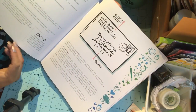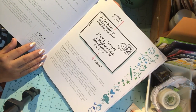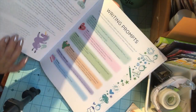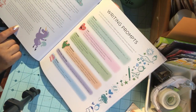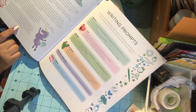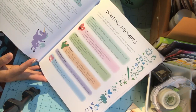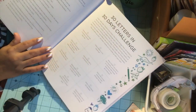Sometimes we do feel some refresher, but pretty much this is oriented to newbie pen pals, newbie enthusiasts of snail mail. Get ready to write. It goes explaining some insights about how you can prepare to set a moment that you can enjoy. Then we have some writing prompts: thank you, love, apologies, forgiveness, Mother's Day, birthday. Reasons to write a letter,